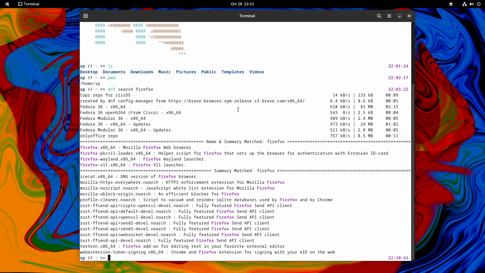I will install Firefox. I think this RisiOS uses sudo, just like Fedora Workstation.